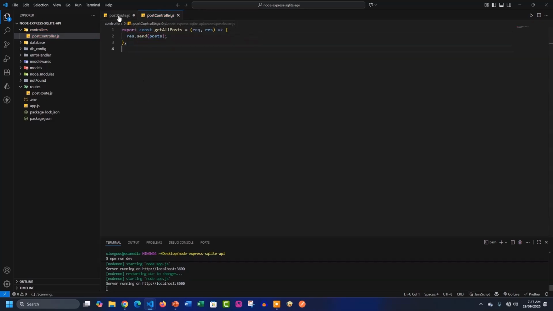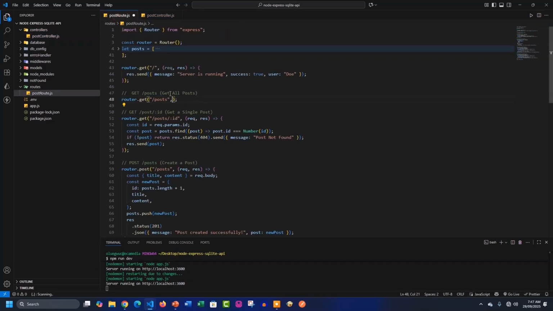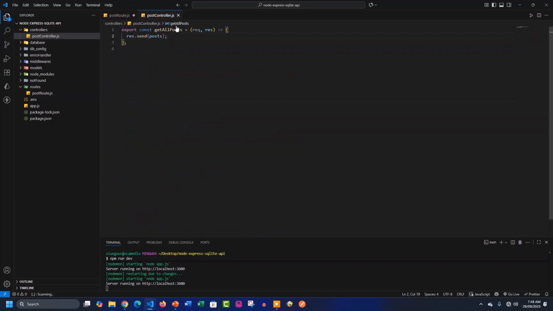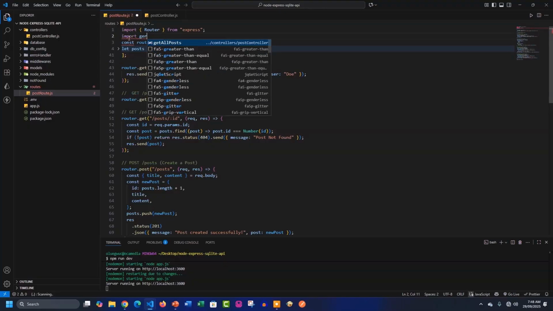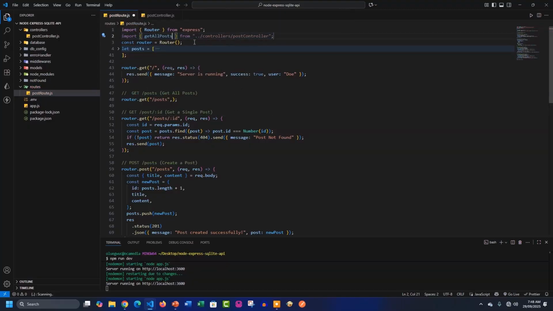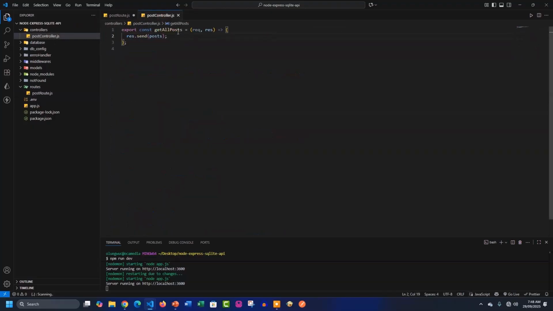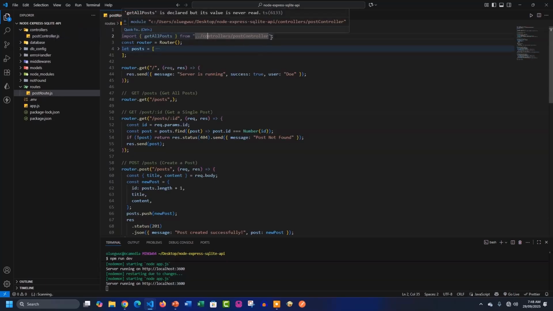Let me save it. Let's go back to our route. Let's go back to the post route. Then I'm going to import the function, that is the one we defined here, getAllPosts. Import getAllPosts like this, and it is coming from the controllers/postController. From the controllers folder, this is where we defined it, and that is exactly what we are importing. I need to put .js